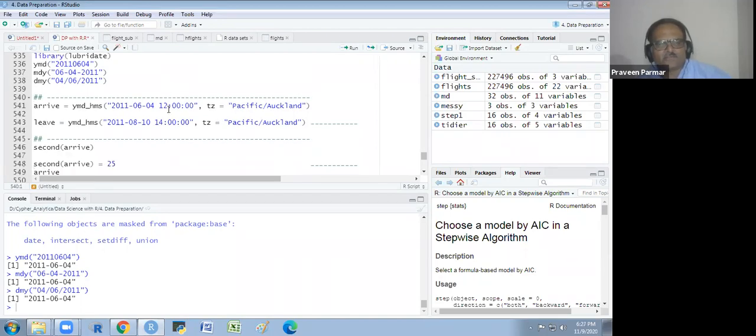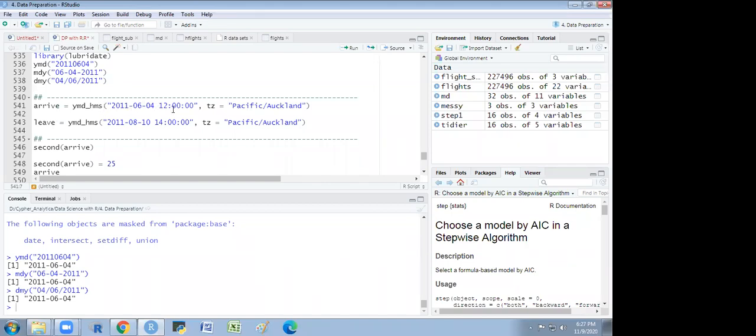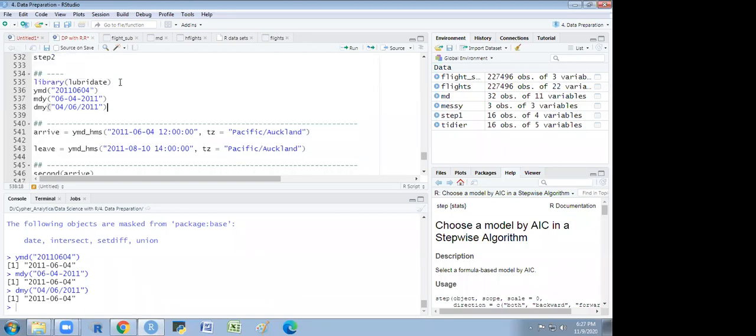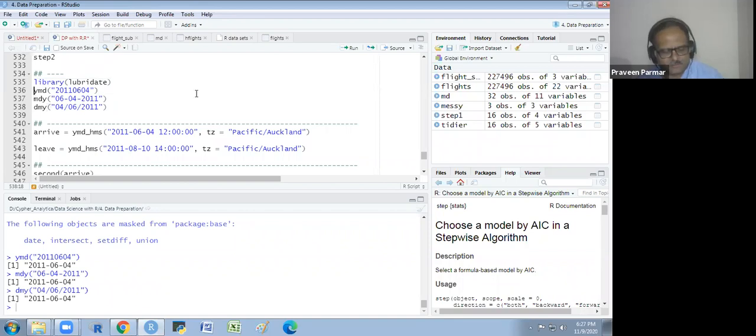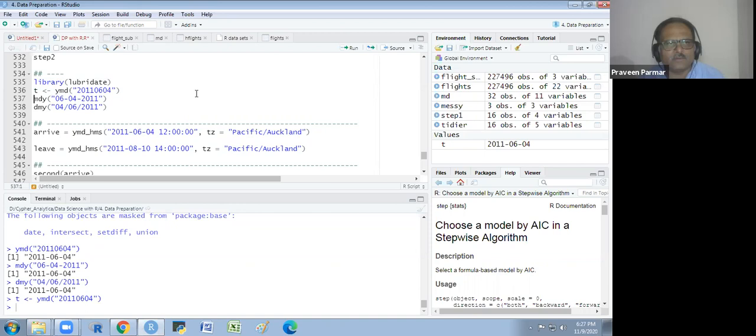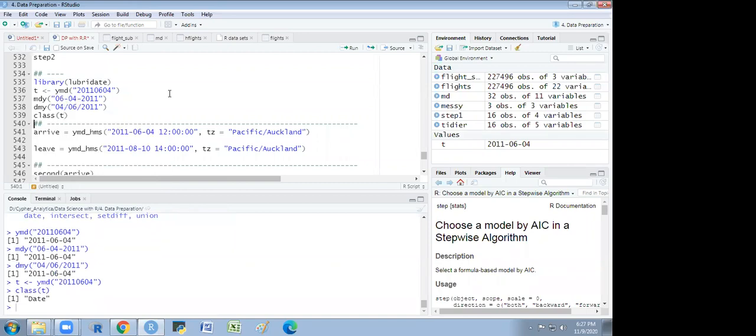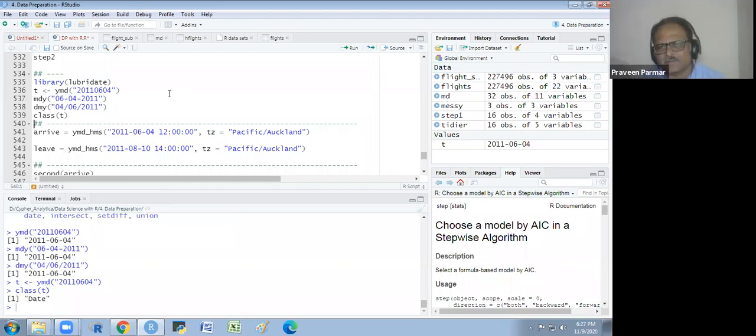So here some more thing I will explain you. Suppose this is an arrive and this is a leave. So some employee arrives at this time, 4/6/2011. Sir, one doubt. Yes. What is the class of YMD function? Class of date. This will be date. Automatically converted to date. I will show you. Just put an object name and see the class. It is very easy. Class. Got it? Yes, sir. Date. Very easy to see the class. Give the object name and see the class for that object name. Okay, sir.